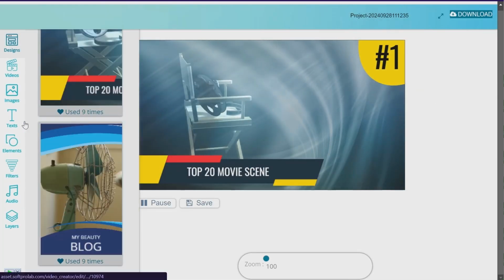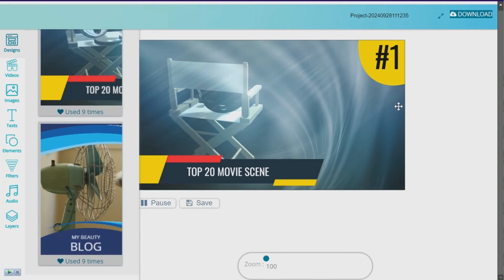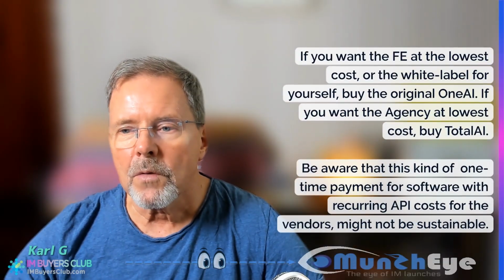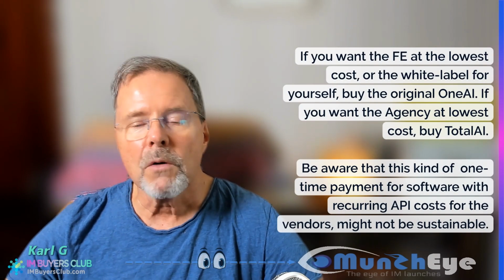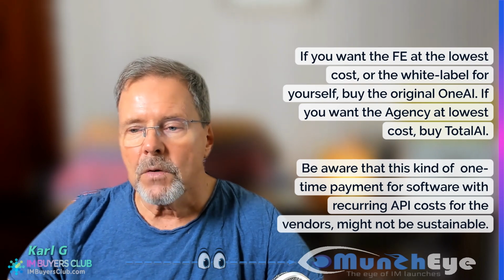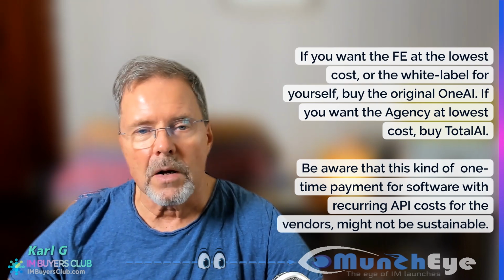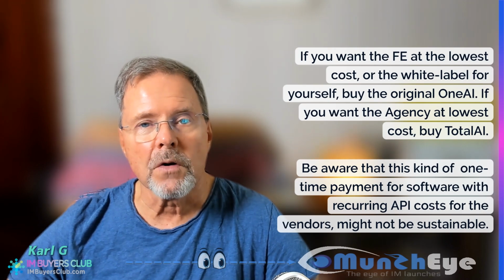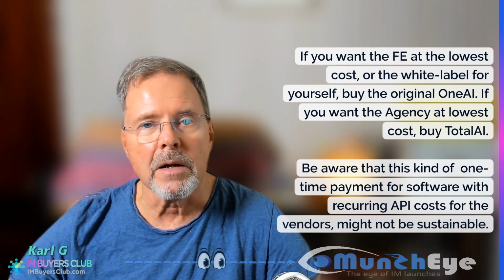So that was all about the OneAI and the TotalAI, which are exactly the same. Now, if you want to summarize all of this, if you want a front end at the lowest cost, or the white label for yourself, buy the original OneAI. If you want the agency at the lowest cost, buy TotalAI. But be aware that this kind of one-time payment for software with recurring costs for the developers, who have to pay for the API usage,